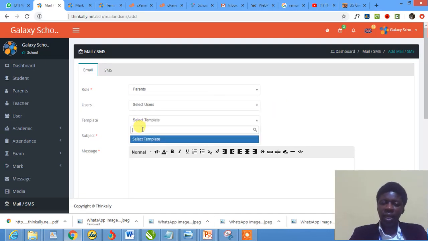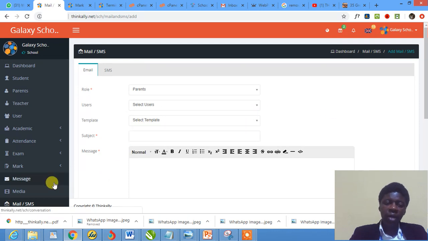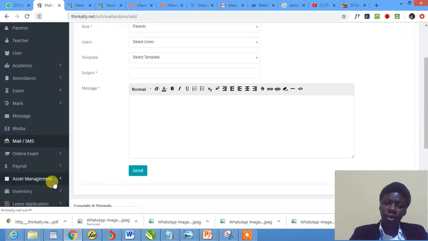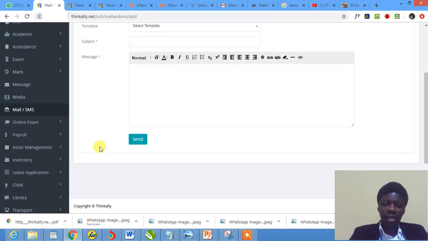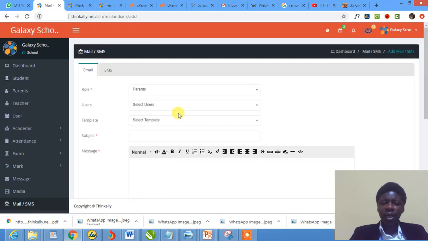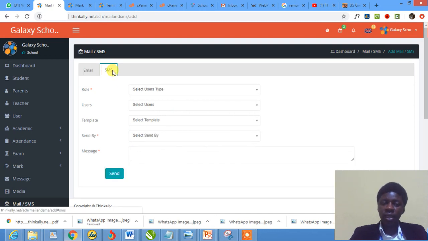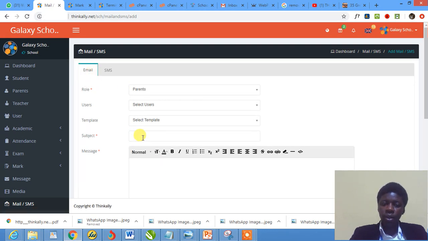Which template? I hadn't created any template before because I'm going to show you how to create templates. There are ways you could have created pre-created templates before sending the SMS. Okay. Now, what is the subject of the mail? I could send SMS too, but I'm starting with email. What is the subject? I can say